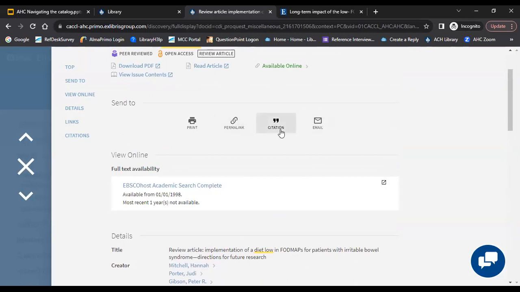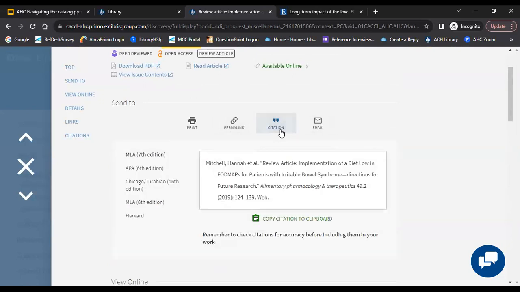If you do end up using this as a source for your paper, you can always use that citation button and just make sure that you're selecting the right format. If you're in a psychology class, perhaps it might be APA, a history class would be Chicago, English and other subjects might use MLA. So just make sure that you're selecting the correct format, and then you can copy this and incorporate it into